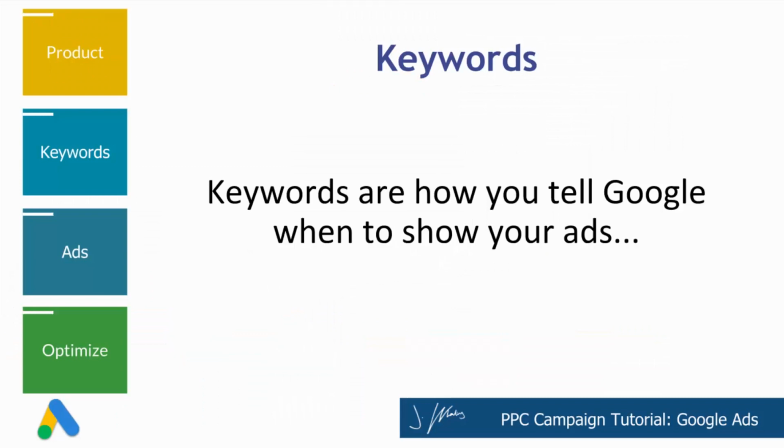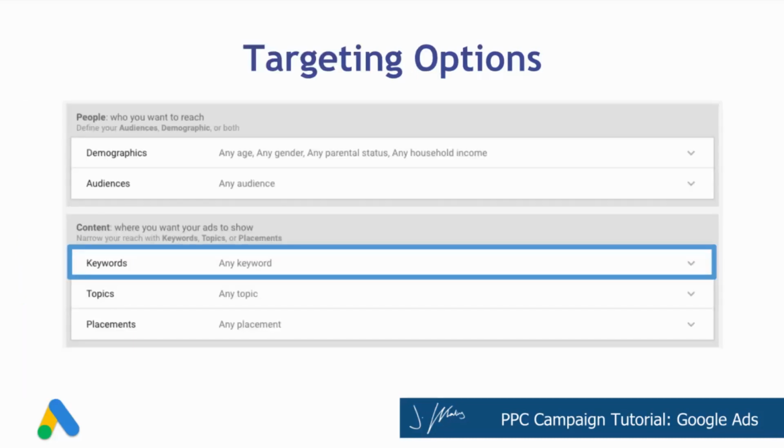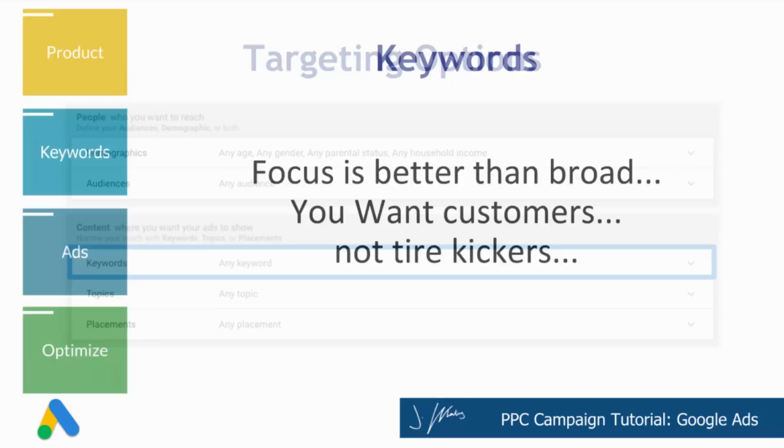Now it's time for keywords. And keywords are how we tell Google when we want our ads to show up in search results. So we actually have a lot of different targeting options, and there are a lot that I'm not going to cover in this video. You can target audiences, you can do something called remarketing, where you send ads to people who've already visited your site. Here, we're going to keep it nice and simple and to the point using keywords. Of course, when we dive into the AdWords interface or Google Ads interface, this is going to make a whole lot more sense.